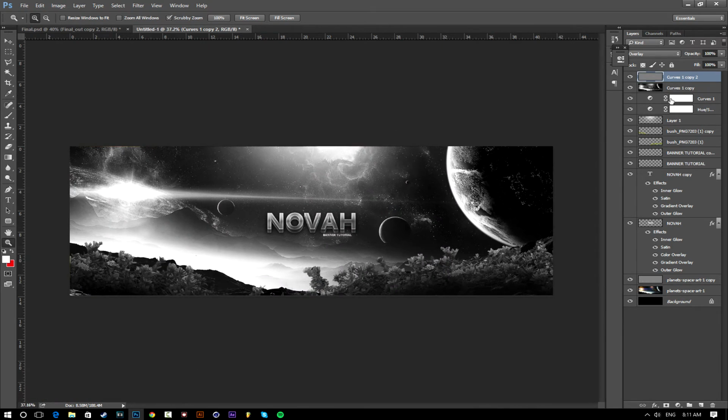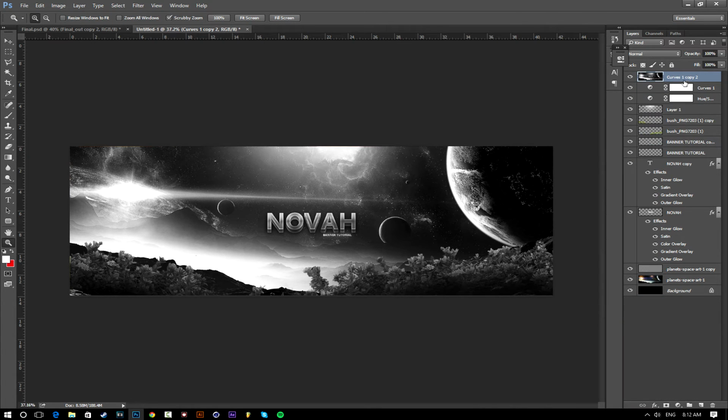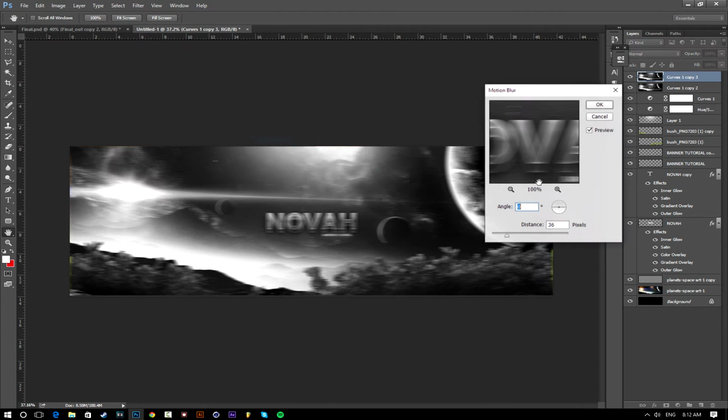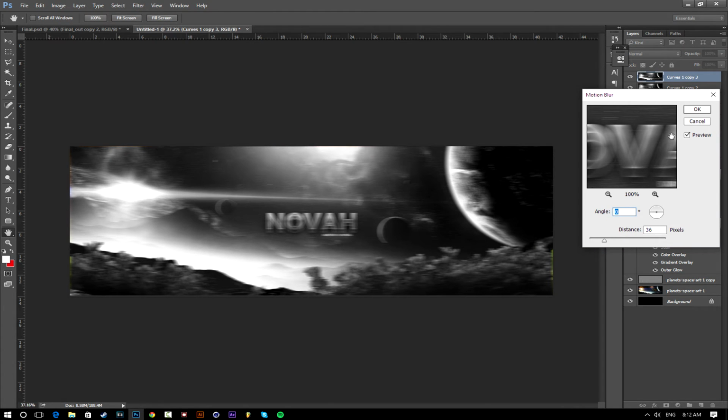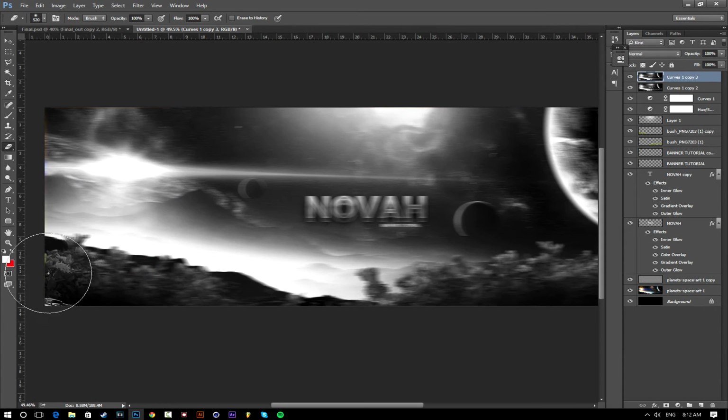So we're gonna actually just merge these two that we just made and right click, duplicate, and for this one we're gonna add a motion blur. I think 36 is fine. And now after you've done that, you just want to erase parts that you want to emphasize on the banner. So I want the bushes to be visible,